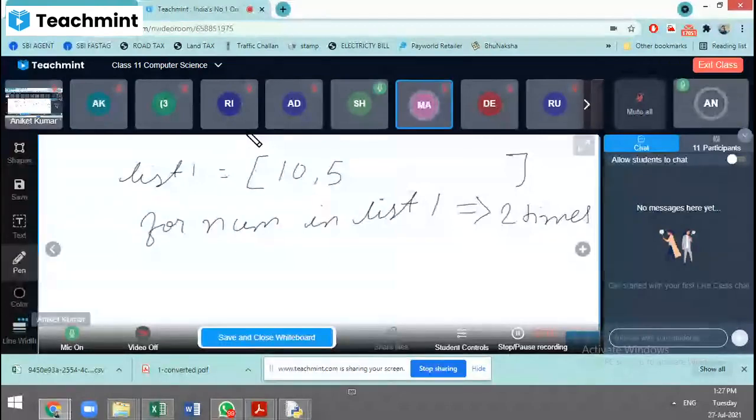List 1 has 2 values, no? Then this for loop checks 2 times, first for the value 10, then for the value 5.